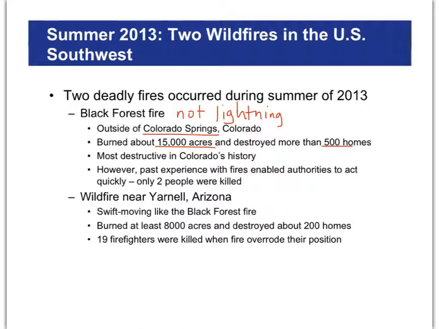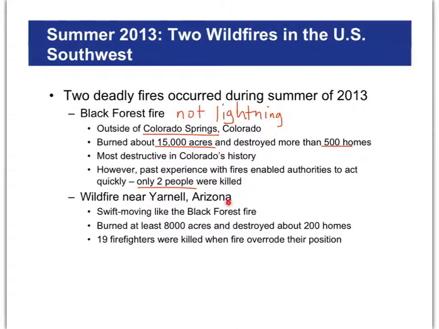And looking at some of these homes, if you do go in and look at it in Google Earth, these older images, you do see some pretty nice homes. Very, very damaging. In fact, the most destructive in Colorado's history. But the local authorities had enough experience with forest fires to know what to do and to get people evacuated to the point where only 2 people were killed. Now, that's still a sad fact, but it could have been a lot worse. Speaking of which,